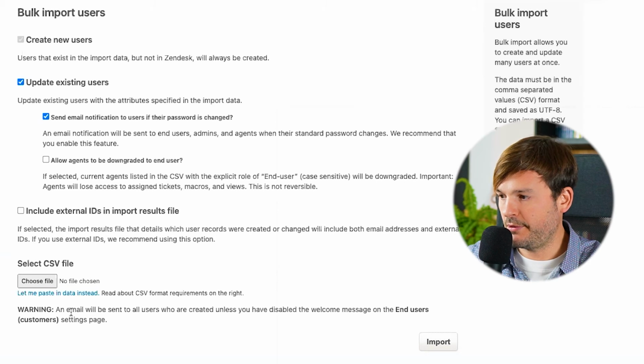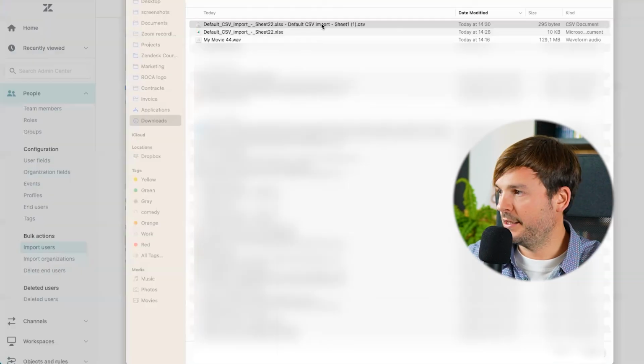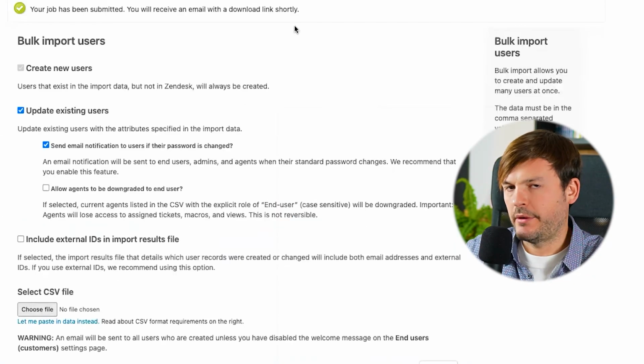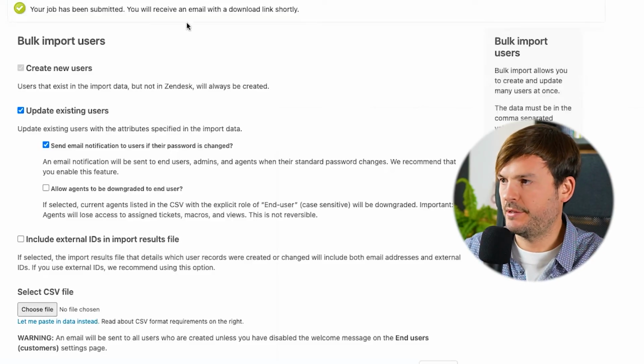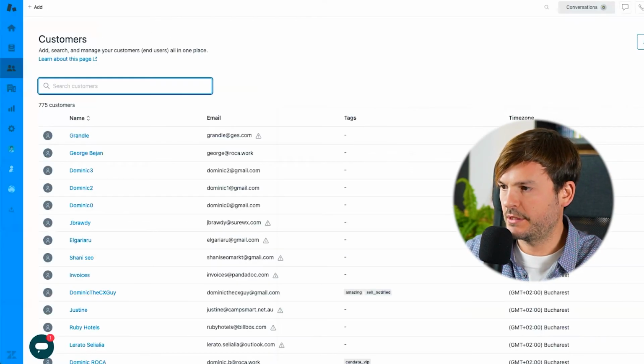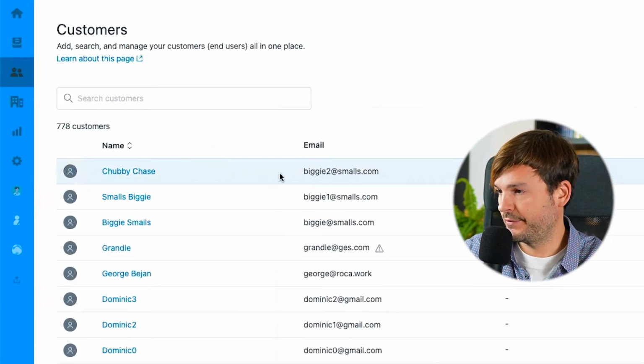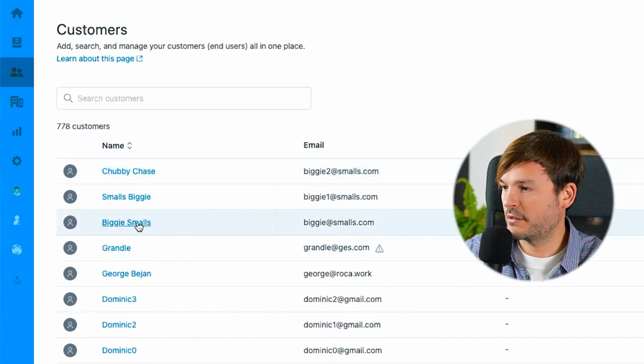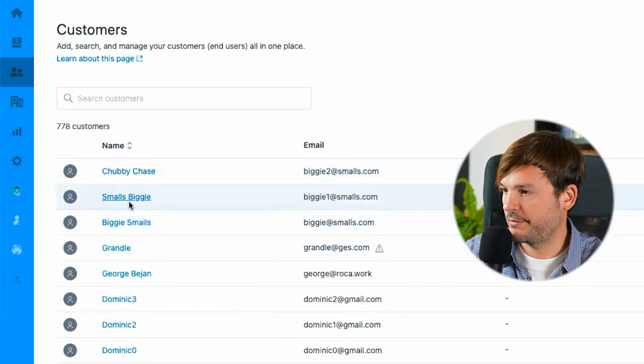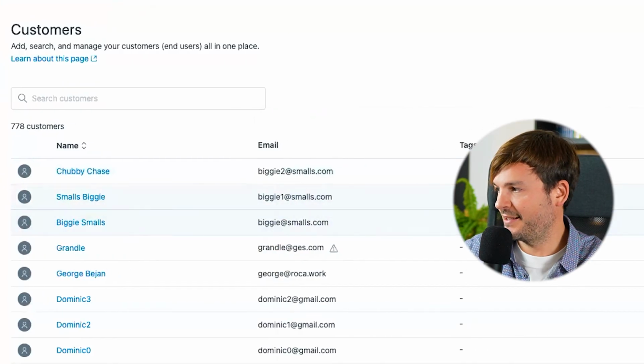In my bulk imports, I go to choose file. I choose my file, import. Okay, I have done my import now, so I'm going to go to my Zendesk support, and I'm now going to refresh my screen like a good admin. And here we go. So the latest 3 entries are Biggie Smalls, Chubby Chase, Smalls Biggie, and I see here my